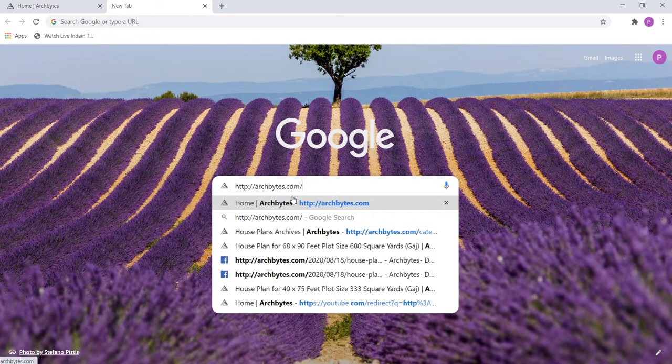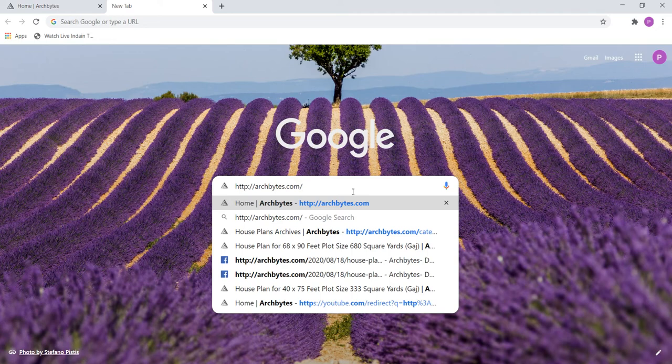www.archbytes.com. Generally what happens is, if you go and enter www.archbytes.com, you may not get this home arch website. The real website is here, on the left side where this triangle is. This triangle refers to this type of building plan website. So you can see archbytes.com. No need to worry, I will keep this in my description box, you can get it from there.